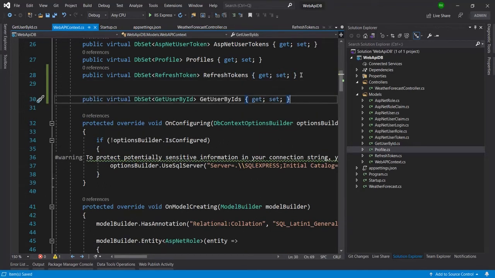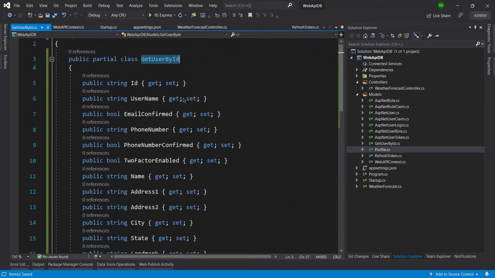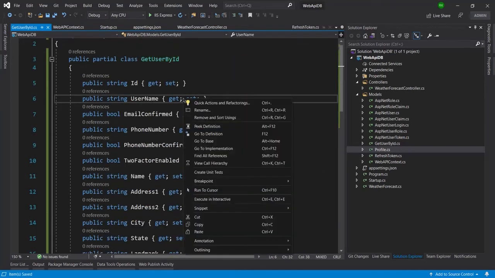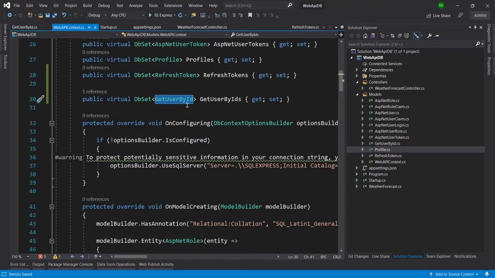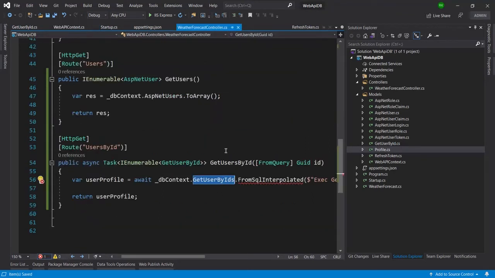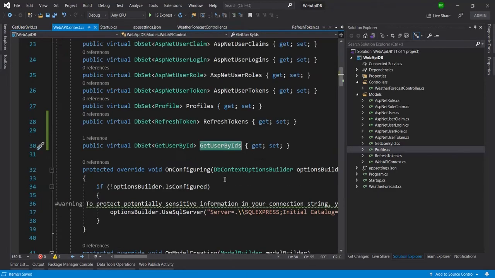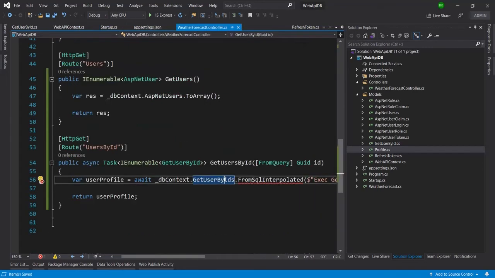So here you can see the class name we have created right now is referenced from here. So now when we call the procedure, the response will be bound into this. Now let me move to the controller, and here you can see we are not getting the error now. Now we are able to navigate from there to here by pressing F12.